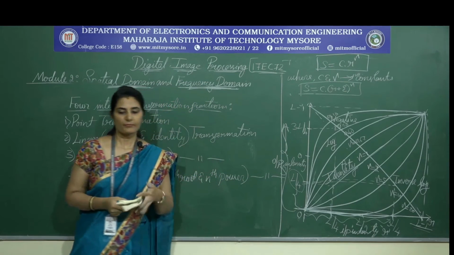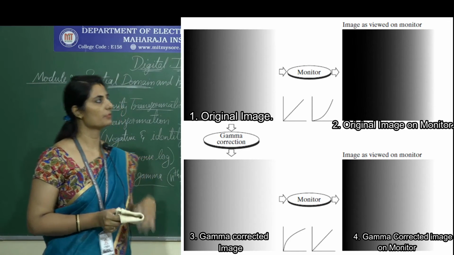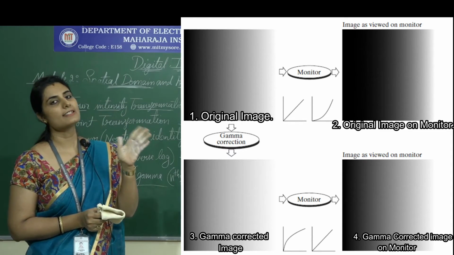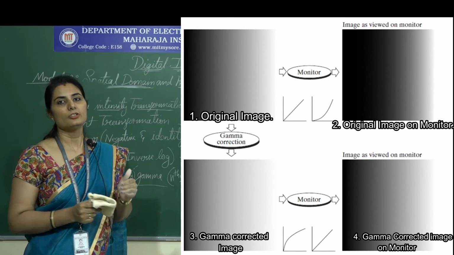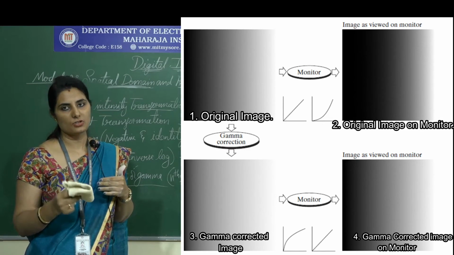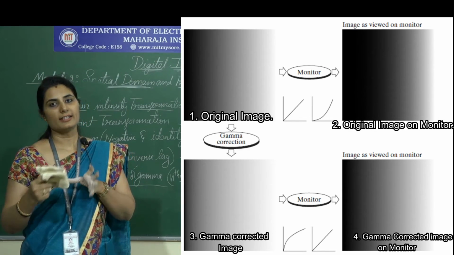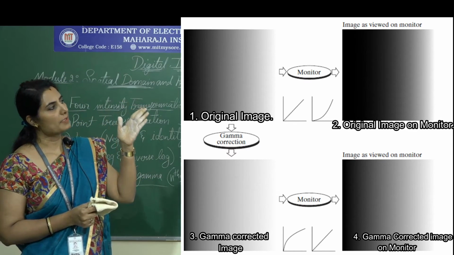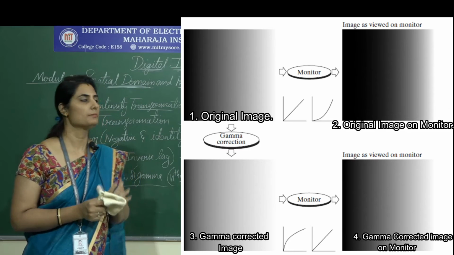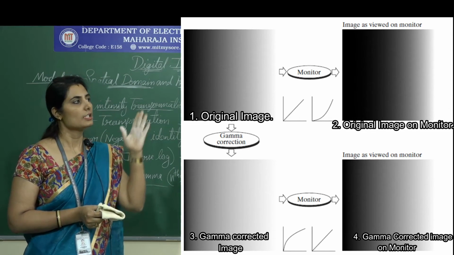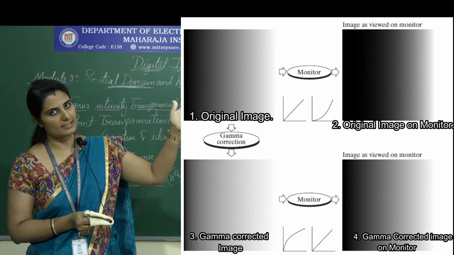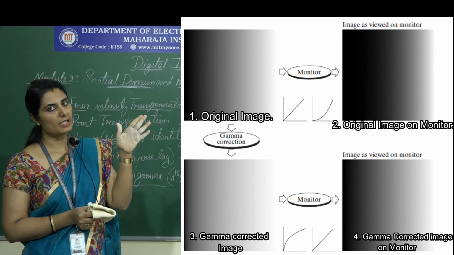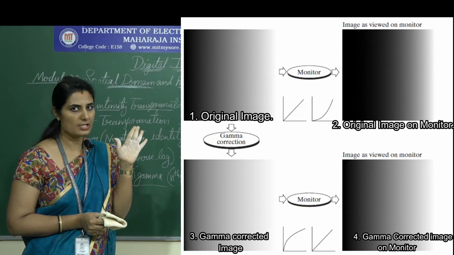Okay, so a good example for this is, now look at this figure. So now this figure 1 is the intensity ramp image, and you must be knowing that to display any image on a monitor, it gives darker image compared to the original image always. So if this intensity ramp image is displayed on the monitor before going for any gamma correction, then this produces the image as seen in figure 2. Okay. So you can observe that here that figure 2 image is more darker compared to the original image.